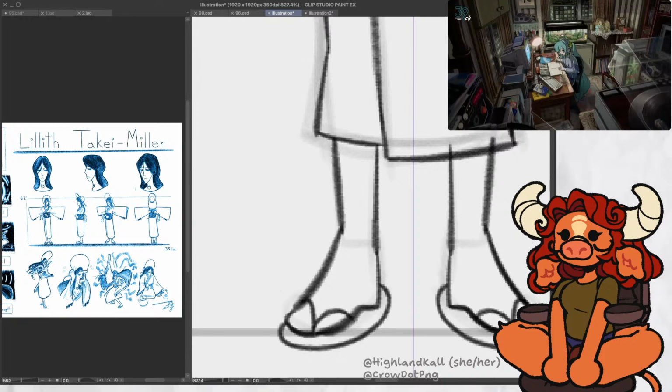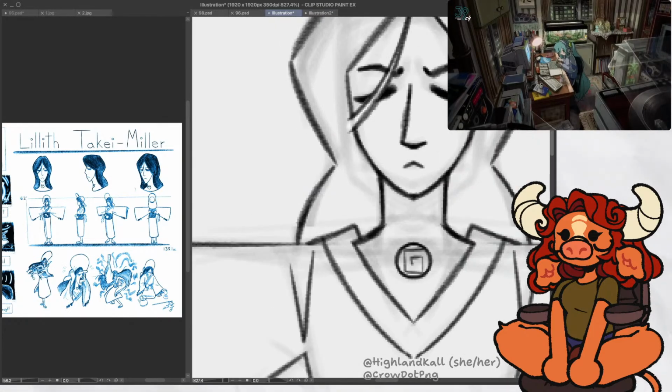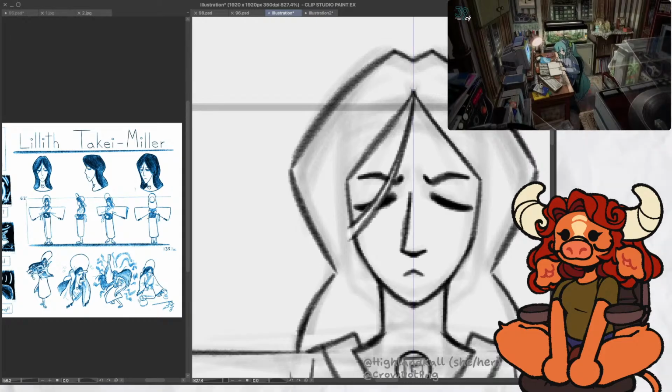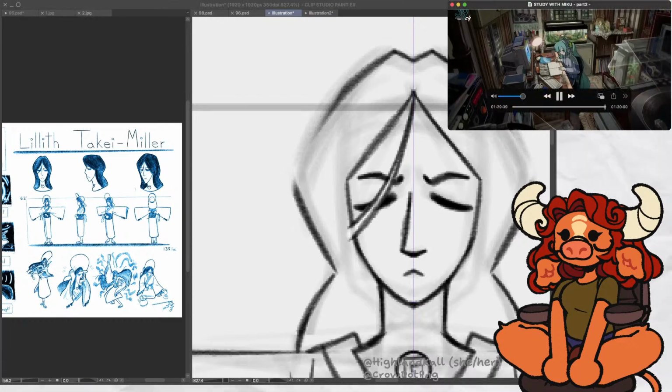Oh wait, if I use the eraser, it doesn't affect the perspective. There we go. And I think that's the end of this video that I just had playing. So I'm going to consider that the end of my little timer. And let's just get this patched up here. I'm not going to worry about colors, though I should probably decide some. It's probably going to be